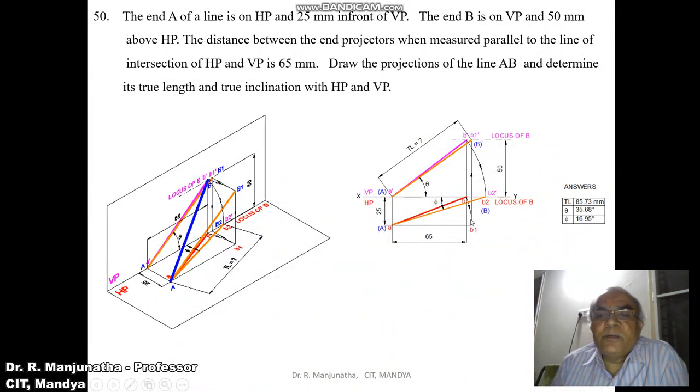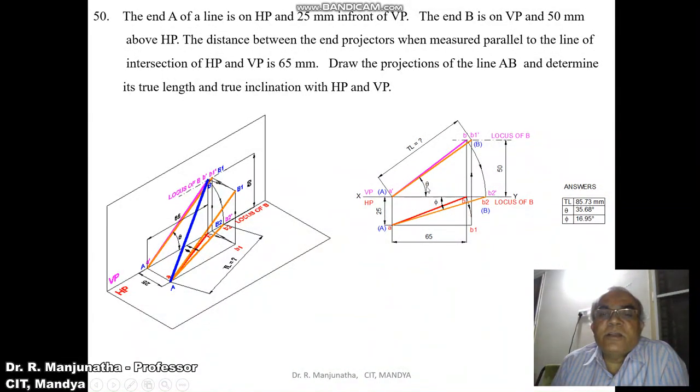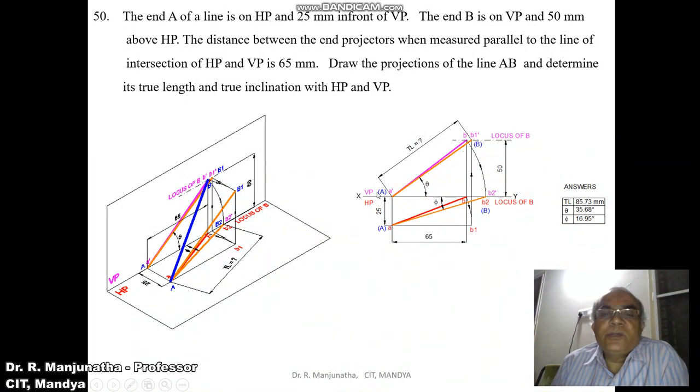Then draw a vertical projector from B1 to the front view, to the locus of B, and you mark this point as B1 dash. Then join A dash B1 dash a little bit darker than the XY line. Then you measure the inclination and give the notation, which is the inclination with respect to HP, theta. Since the line AB1 is parallel to VP, you are getting the true length in the vertical plane. So you mark those points as capital A and capital B.